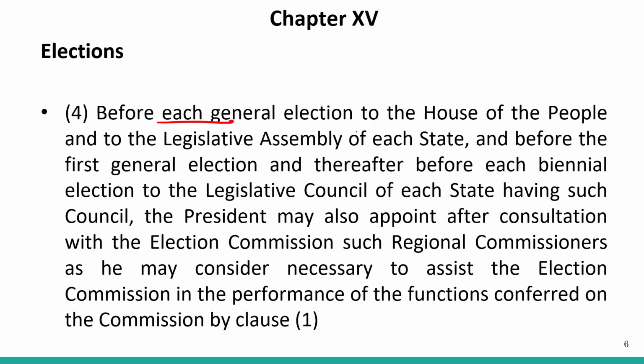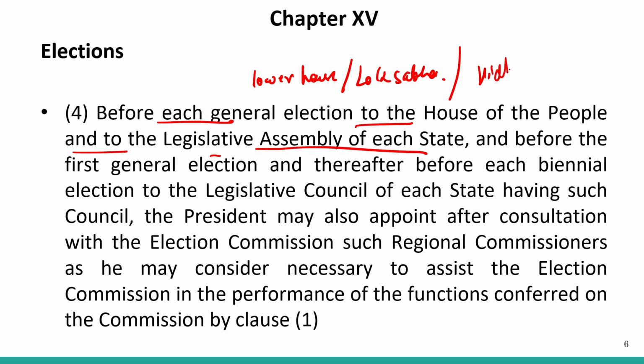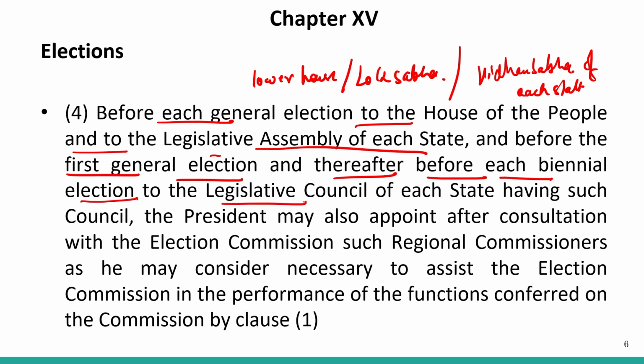Before each general election to the House of the People, which means the lower house or Lok Sabha, and to the legislative assemblies of each state, that is the Vidhan Sabha of each state, and before the first general election and thereafter before each biennial election to the legislative council of each state. So whenever there is going to be an election, at that point of time the election commission will become active. The president may also appoint, after consultation with the election commission, such regional commissioners